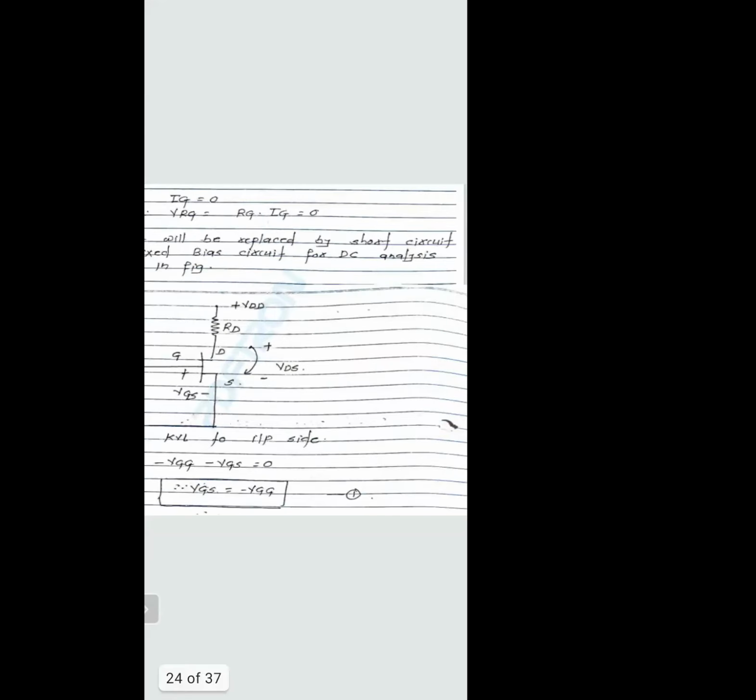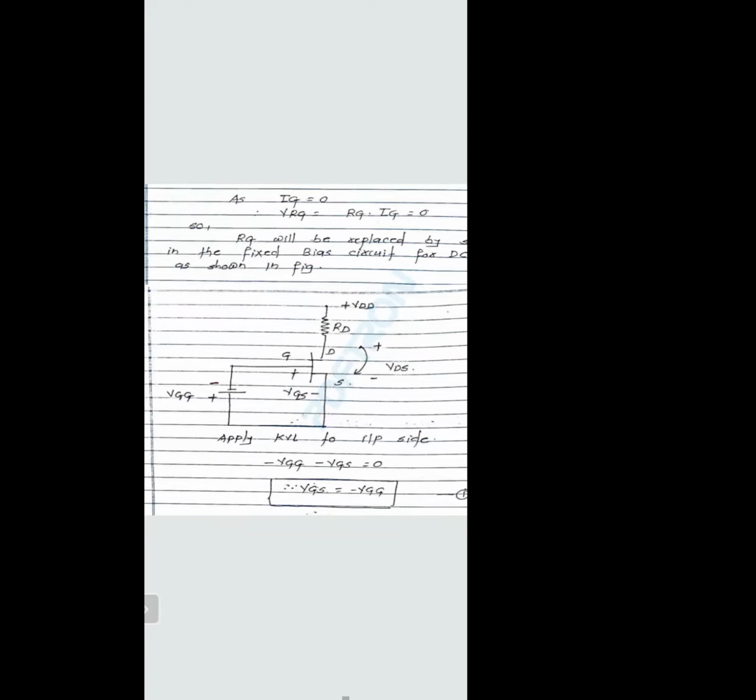So what we have to do? We take the KVL at the input side and the KVL at the output side. Accordingly, we draw the diagram, and it should show the particular configuration for the KVL, and it should show the input as well as the output values. So the input equation shows the fixed bias configuration at the input side, and this is the fixed bias configuration at the output side. The question asked on this point is to derive the equation for the input and output side of the fixed bias configuration in a theory exam, but in case of oral, it should not be asked here.